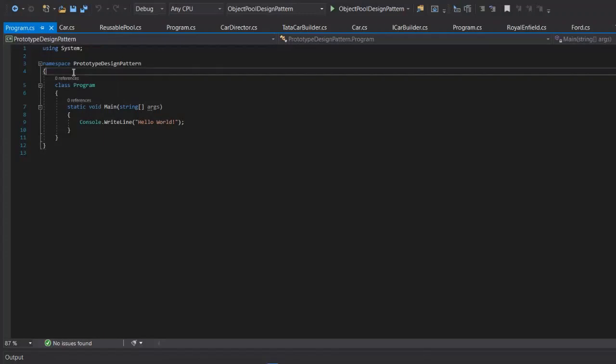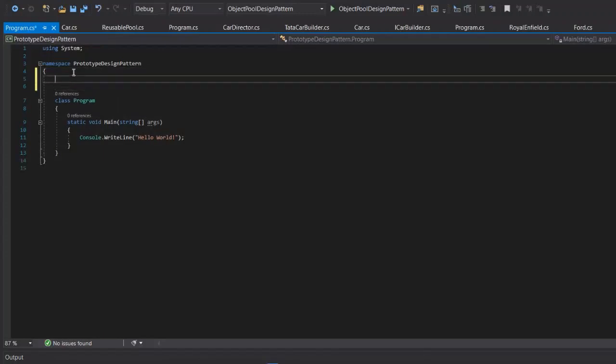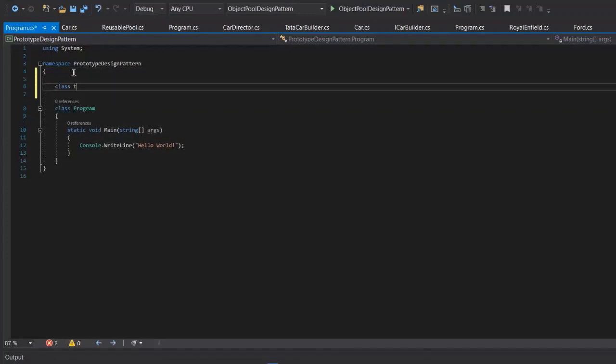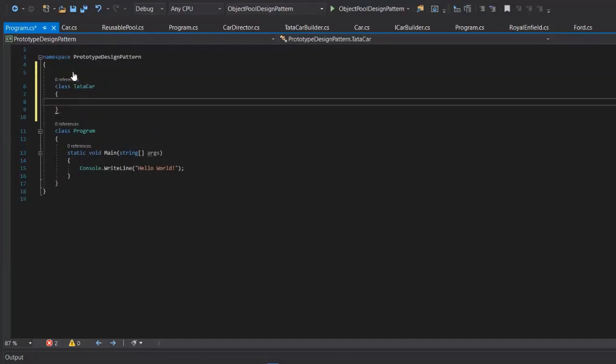So first of all, to implement it, let's create a class for the Tata car. Class TataCar. We will have a class TataCar, and let's add some private fields.